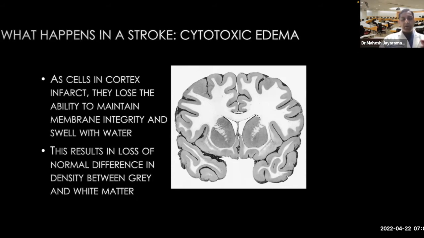The result is a loss of the normal difference in density between gray matter and white matter. Imagine in this coronal cross-sectional schematic image, if there was a stroke in an area, you would lose that differentiation and the cortex would become the same density as white matter